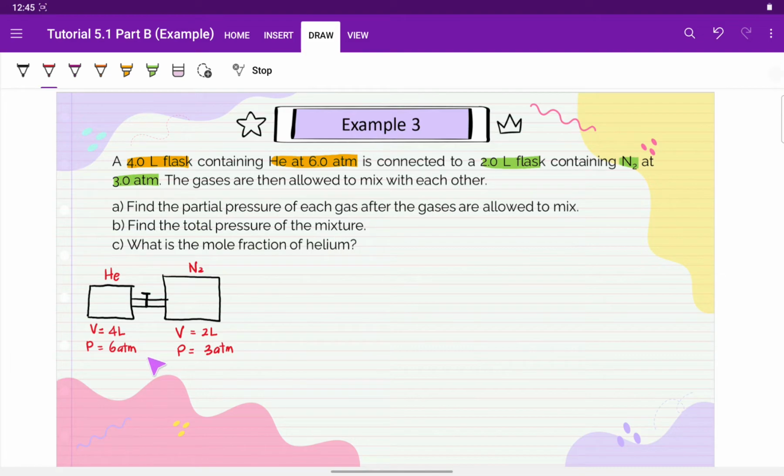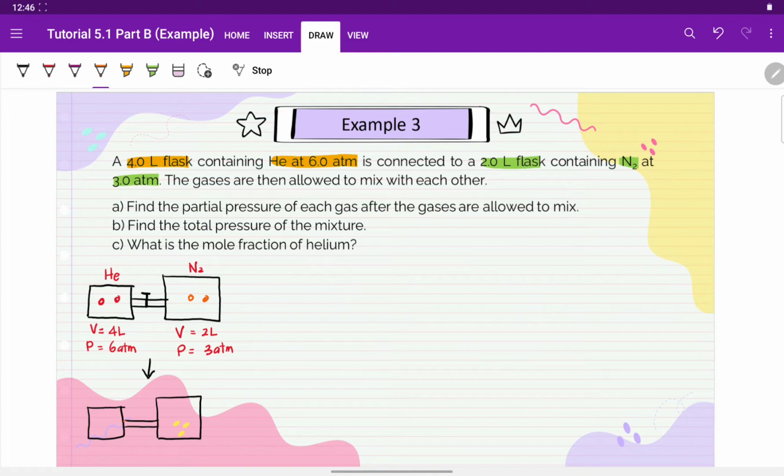Okay, jadi apa yang berlaku dekat sini adalah, once kita buka kita punya pin dekat sini, okay, so saya lukis semula. Okay, so it will be like this. Lebih kurang macam ni lah. So once we open the pin, what happened over here is the gases, katakan tadi kat sini kita ada helium, kemudian kita ada nitrogen dekat dalam ni. So these two gases, dia akan start memenuhi ruang kat tengah-tengah ni dan dia bergerak bebas lah. So dia boleh travel in between the two